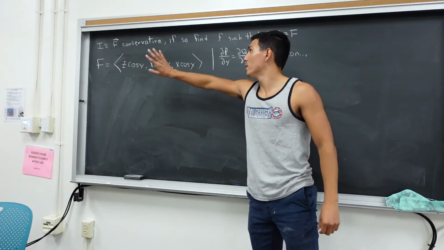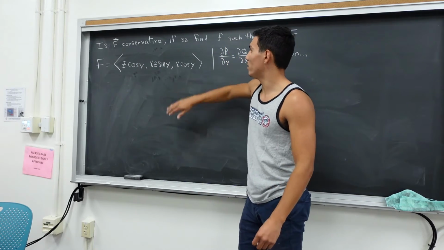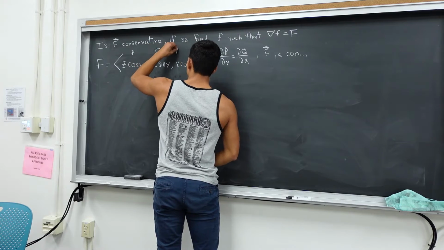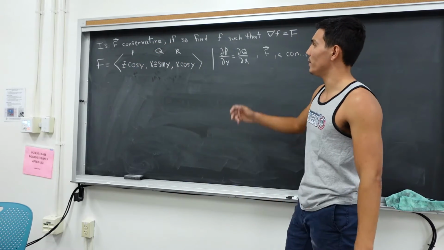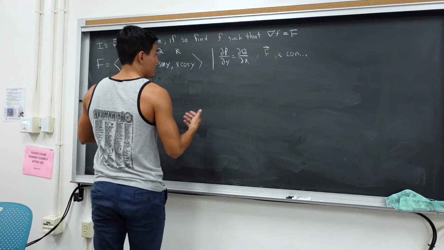And notice that we have three. We have P, Q, and R, right? So we have three components. So this wouldn't even really work that well, right? So we kind of do have to use curl, right? So the theorem is, right, if